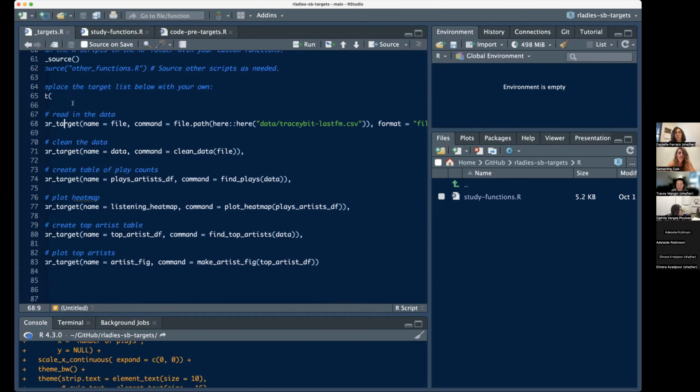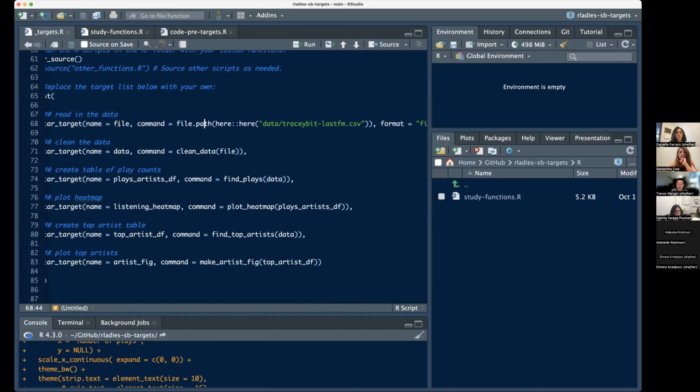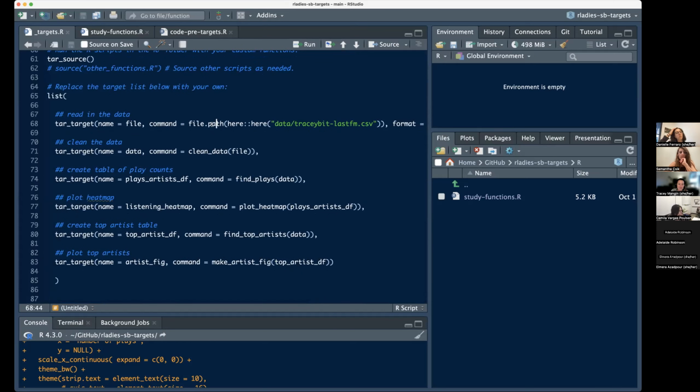Actually, it's creating a name, so I should change that. This is creating a file name. So we're calling it file. The command, what we're telling it to run, is this file creates a file path. I'm using